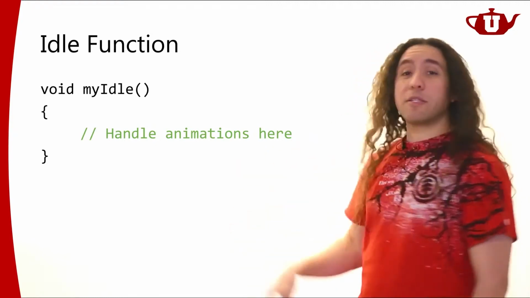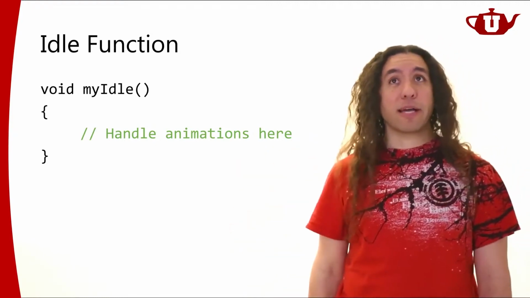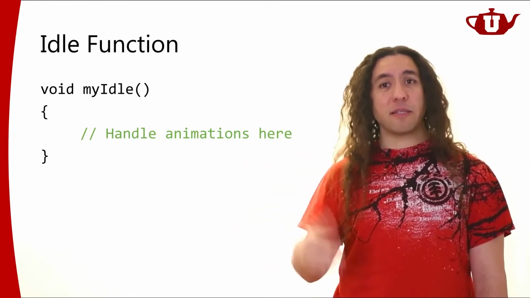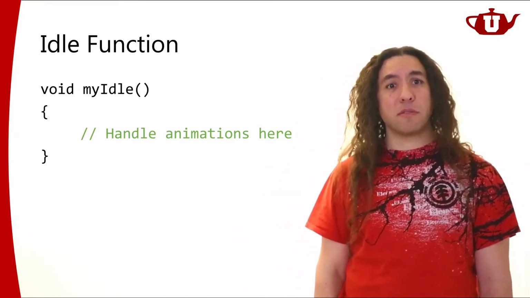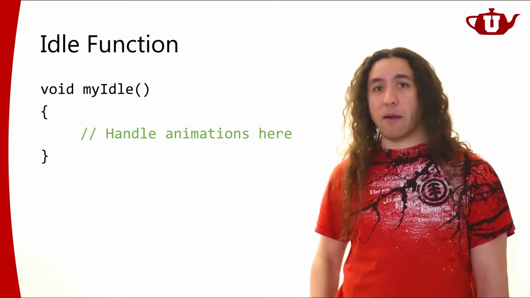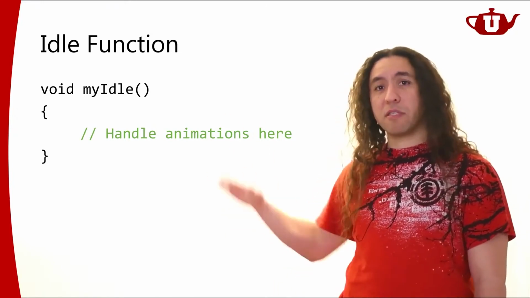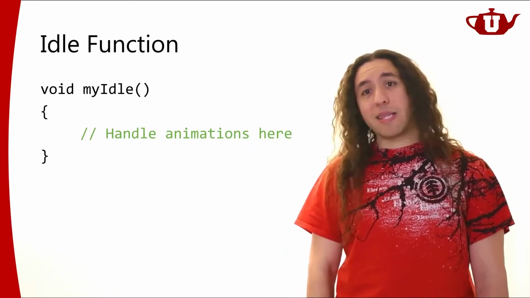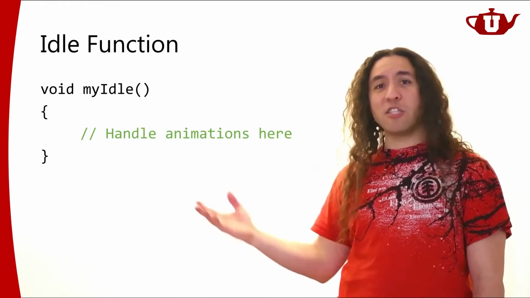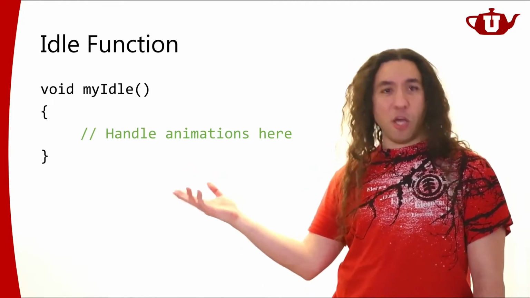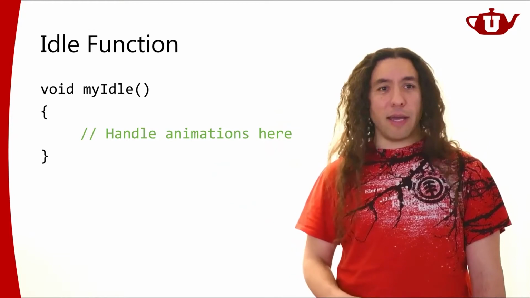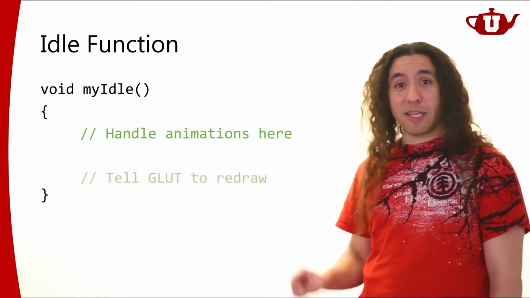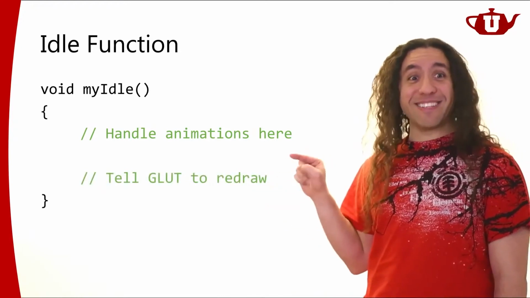And after you're done with your animation, well, guess what? GLUT was done with rendering your viewport. It was done with handling all of your keyboard interrupts and mouse interrupts and all that. Now it's calling your idle function. After this function is done, GLUT is done with that as well, but GLUT has nothing to do. So you may think that when you change things, GLUT will magically know that it needs to render again. It will not. So you will need to very explicitly tell GLUT that you need to draw again.